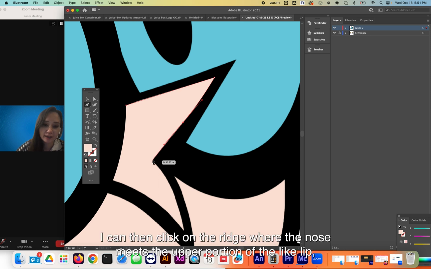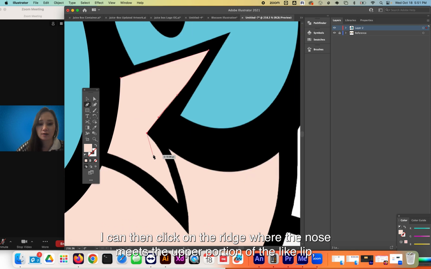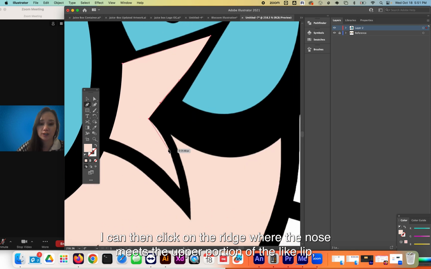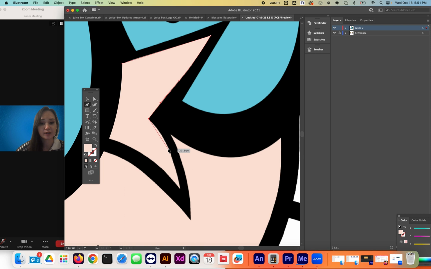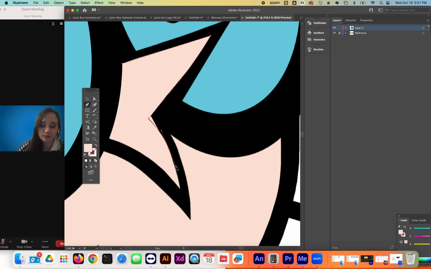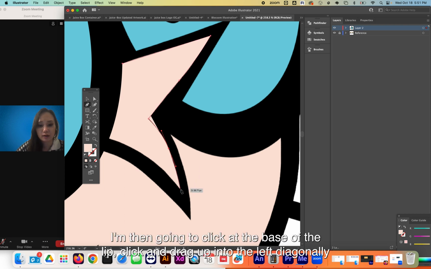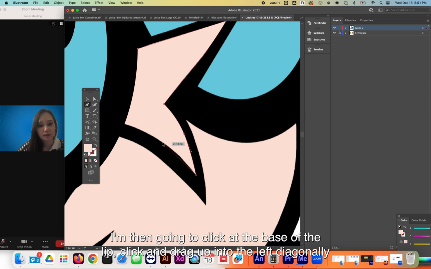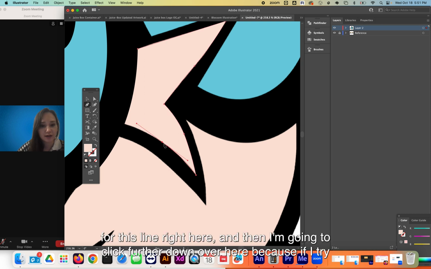I can then click on the ridge where the nose meets the upper portion of the lip, and now I can click and drag down and to the right to make an additional curve. I'm then going to click at the base of the lip, click and drag up into the left diagonally for this line right here,